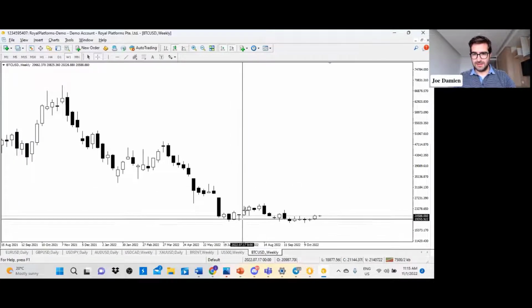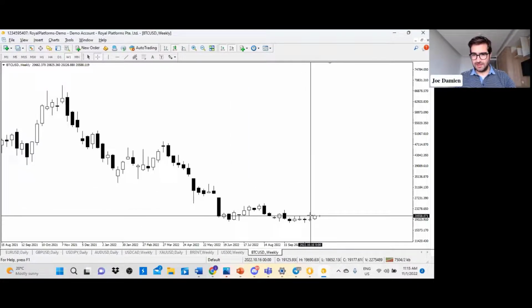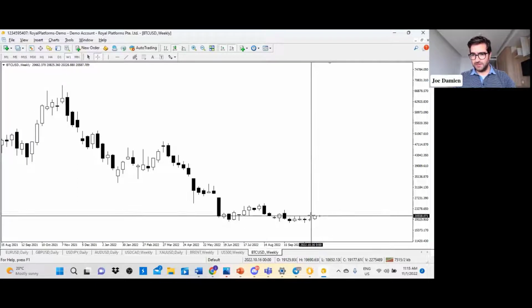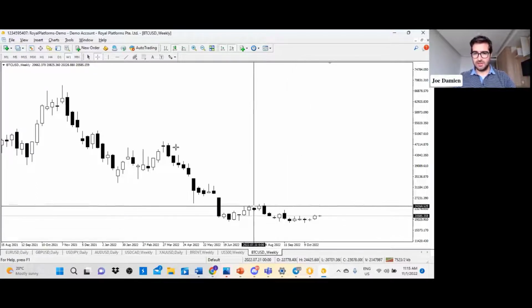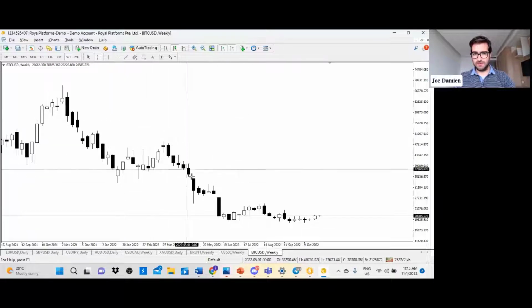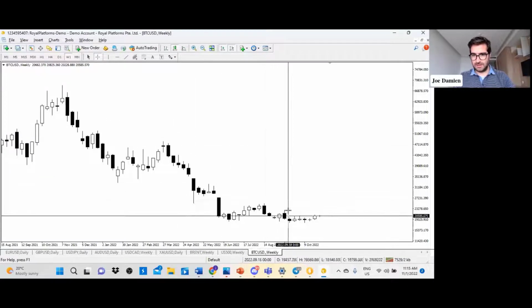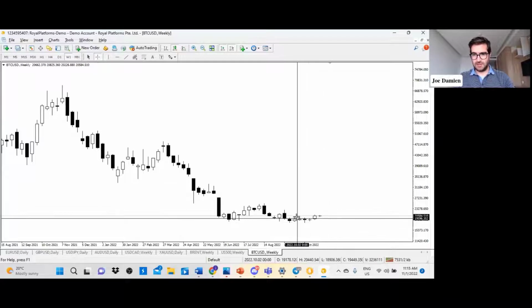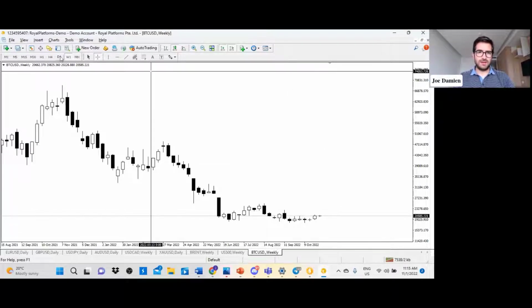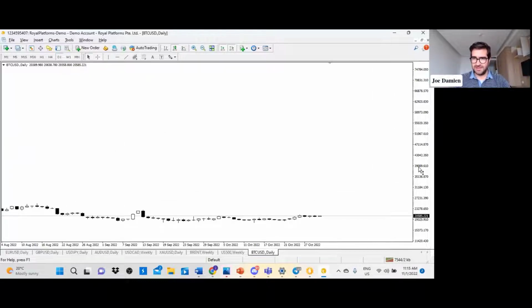So the market is still ranging between those levels here, which are 20,500 and 18,150. Okay, you can see the market is inside this range. The previous data shows that the market was in a downward move, but then entered into this sideways movement. On the lower time frame, which is the daily time frame,